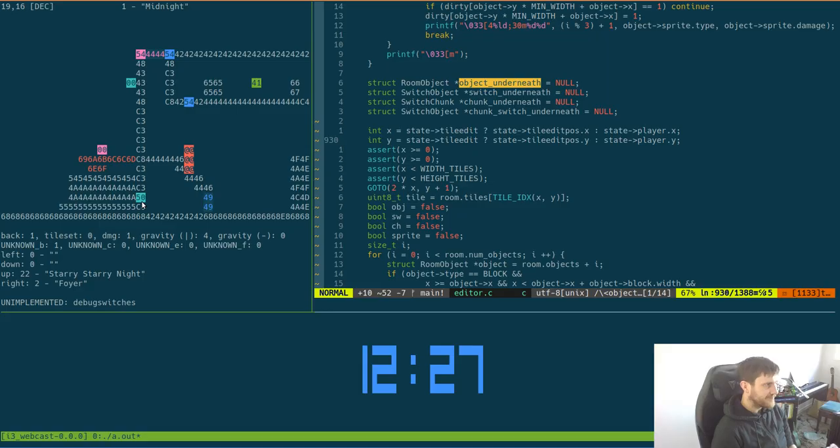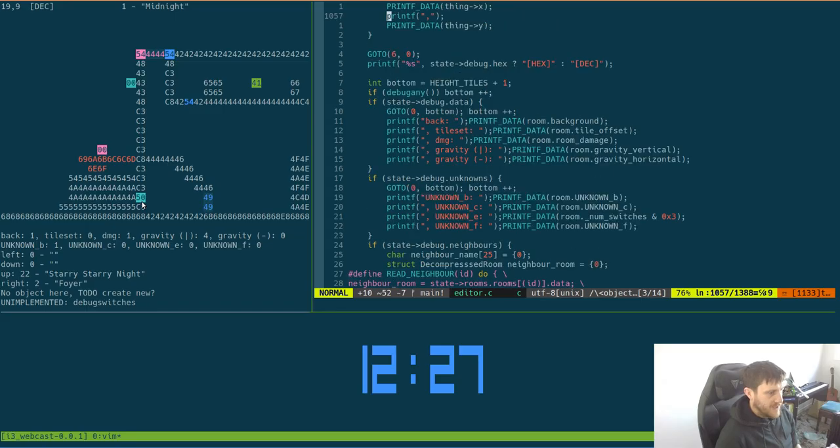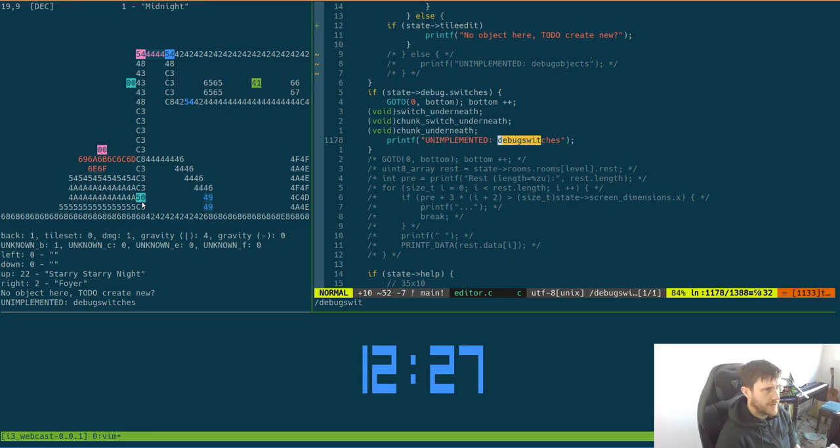But I think let's go back to this and think of what we might want to print for the switches, I guess. So if we maybe still have this, so if we're debugging switches,